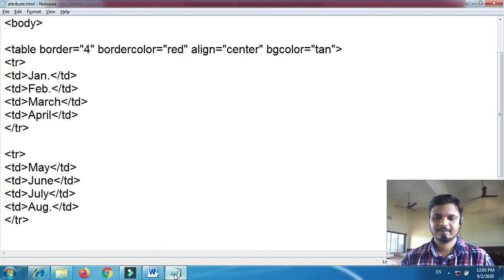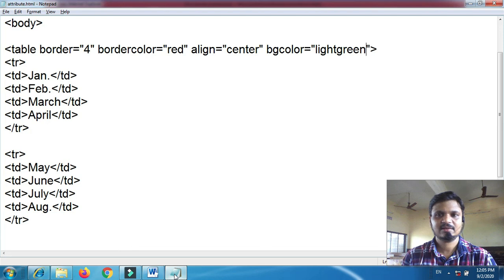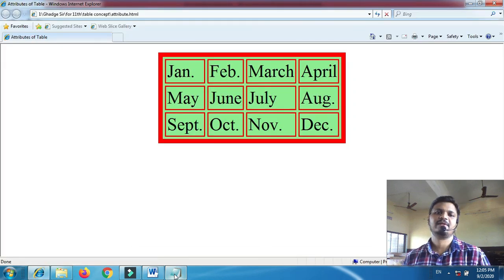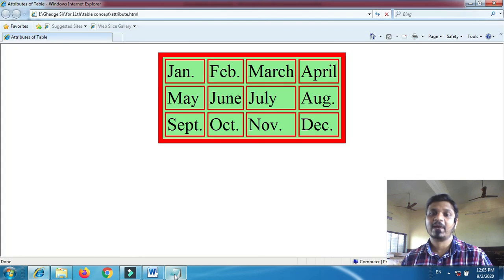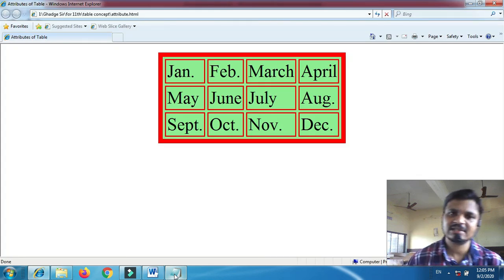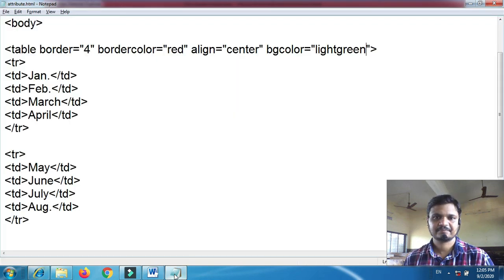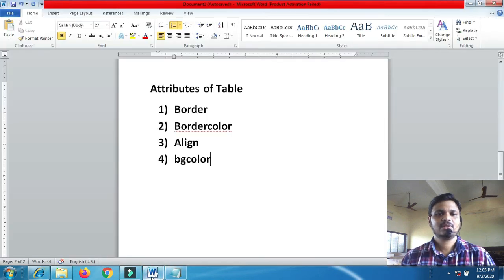No, I'm going to use light green color. It shows perfectly, because the text color is black. So in this way you can use background color for a specific object, and here the object name is table. So light green. So these are the attributes of table.